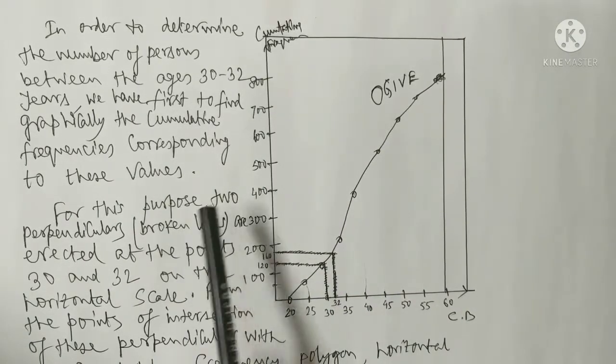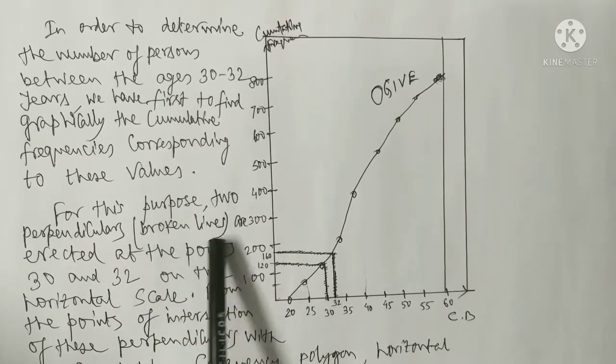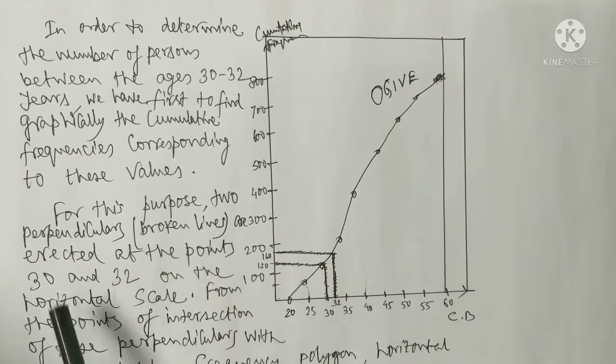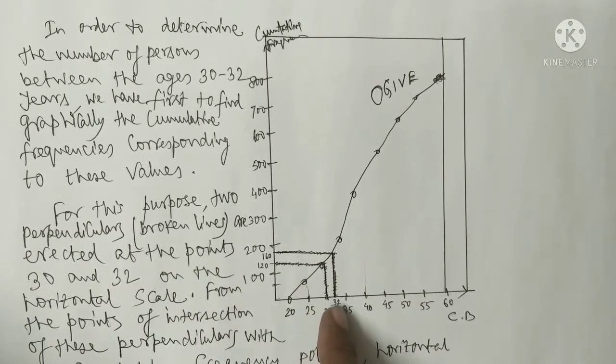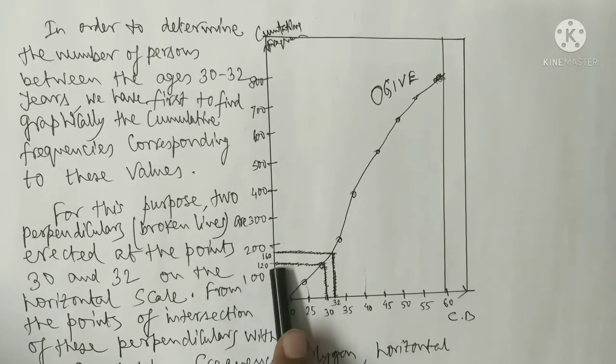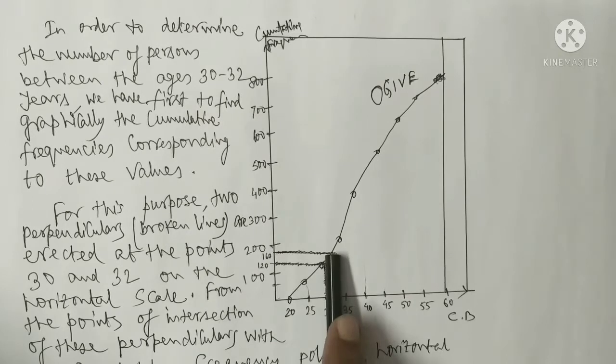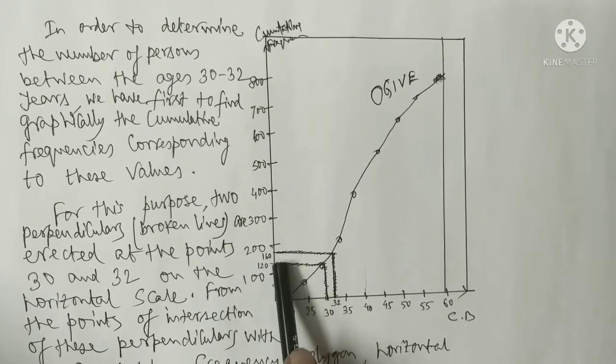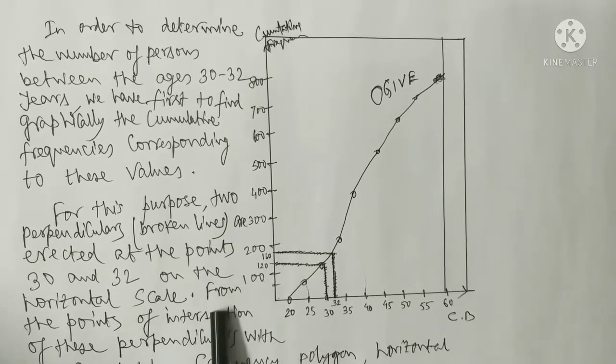For this purpose, two perpendicular broken lines are erected at the points 30 and 32. That is, this is 30 and this is 32. We connect 30 and here we get 120. We connect 32 and here we get 160. Between 30 and 32, the vertical difference between 160 and 120 is 40. Hence, from the points of intersection of these perpendiculars with the cumulative frequency polygon, horizontal lines are drawn